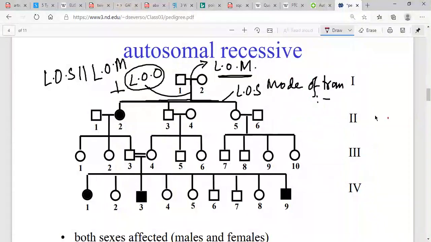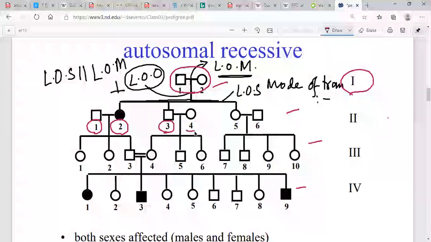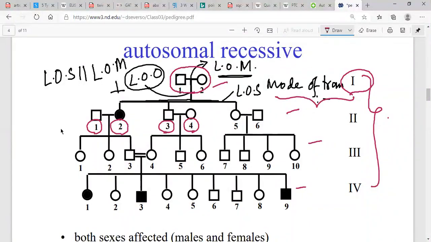So first we have to confirm whether it is a recessive or dominant. You can see here, first generation. Now we can use Roman numerals for denoting generation, like first, second, third, fourth. And we use numbers: Roman for the generation and normal number for the individual. So if I say 2, 1 or 2, 2, it denotes this and this.